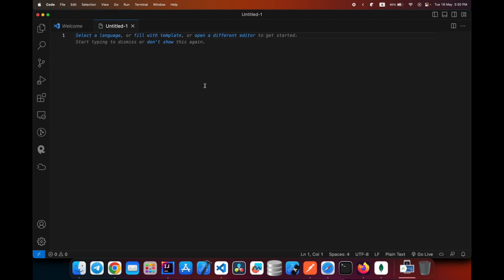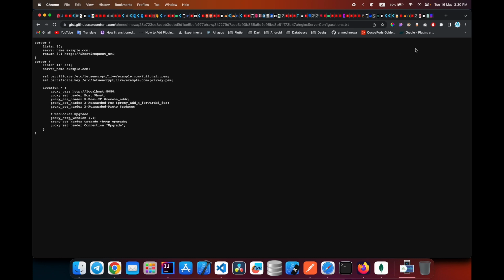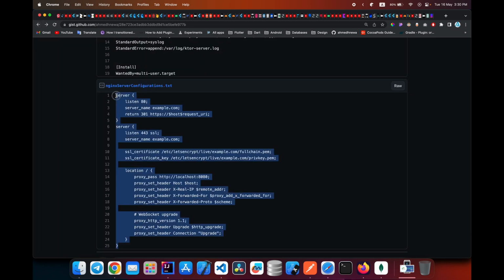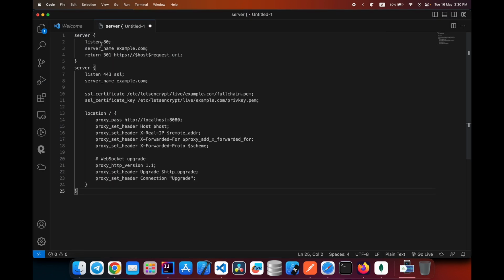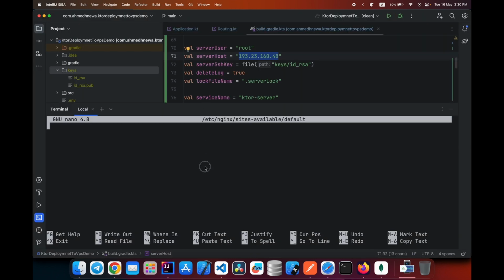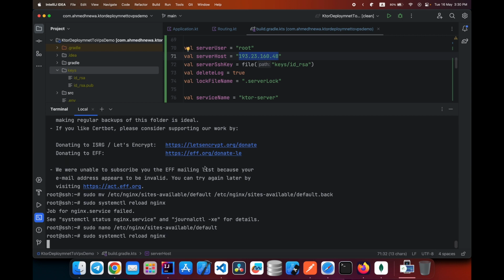Copy the content of this Nginx server configuration and replace the server name with your domain name, and also here and here. Copy all of this and paste it here. So if we now click reload,